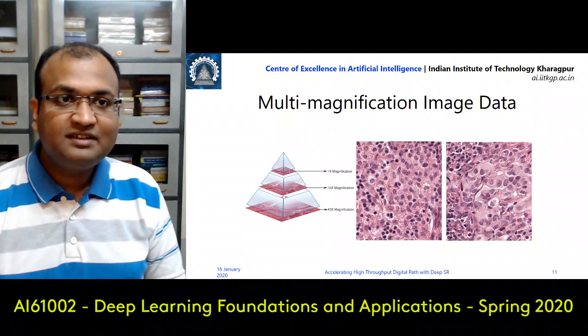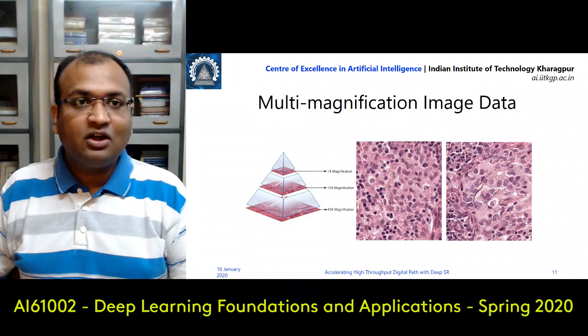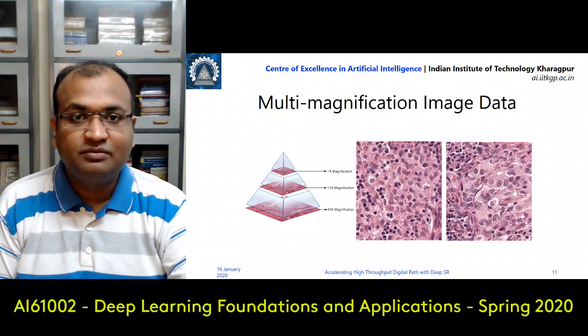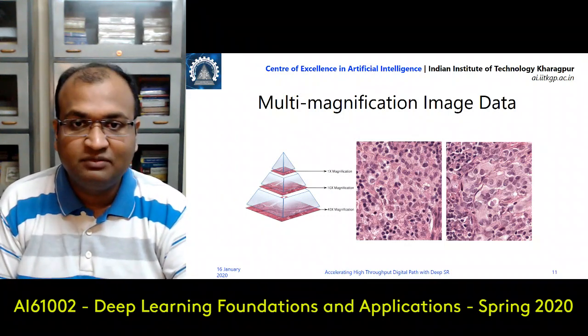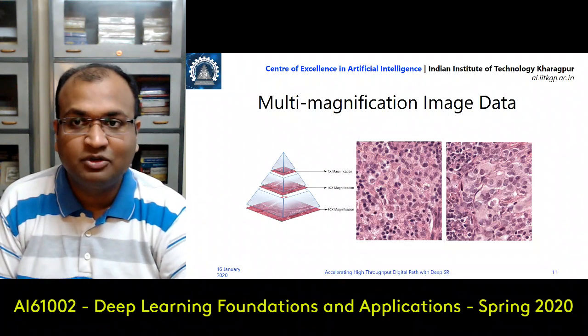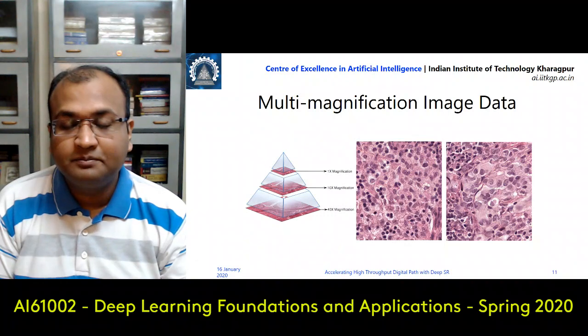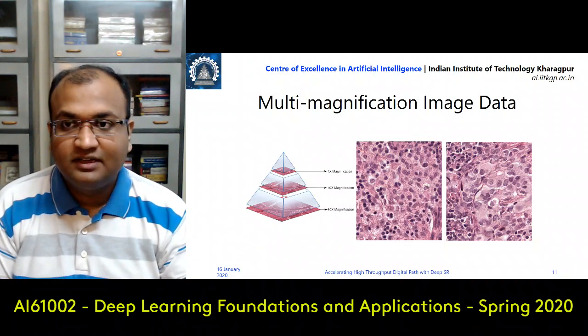So now there is a trade-off. So I can either acquire everything at a lower magnification much faster and use less amount of memory to store this one, because it will be less number of pixels. I have to acquire less number of blocks. But then I'm going to lose out on the resolution. The downside is